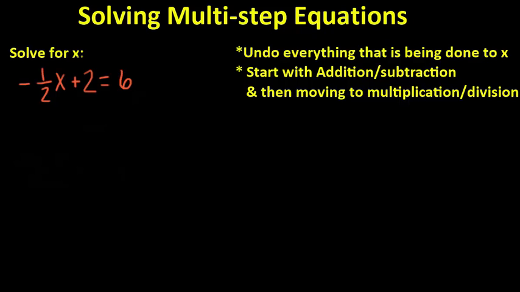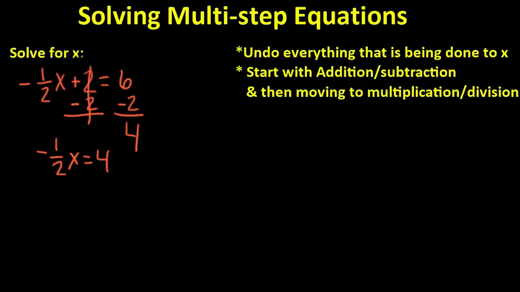I see addition first, so we're adding 2 to x. We want to do the opposite of that, so we're going to subtract 2. We want to get x from this side to the other, so whatever we do to one side, we must do to the other. 6 minus 2 is 4, so that leaves negative 1/2 x on one side and 4